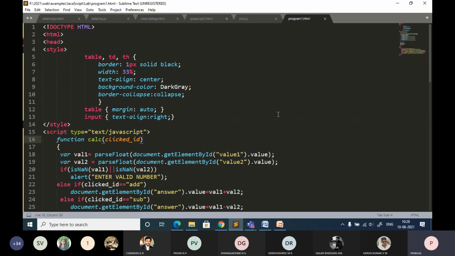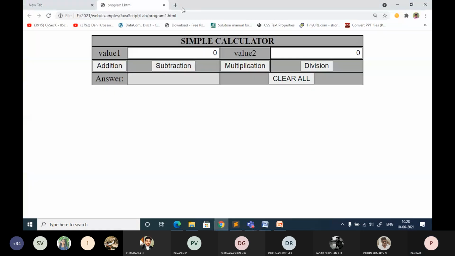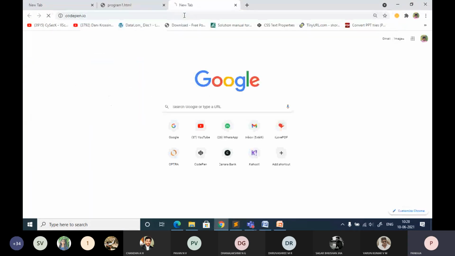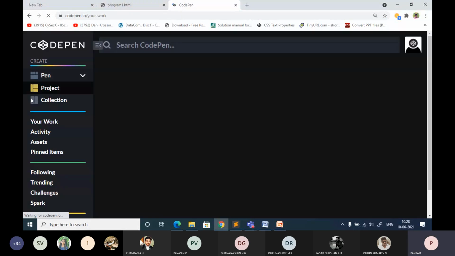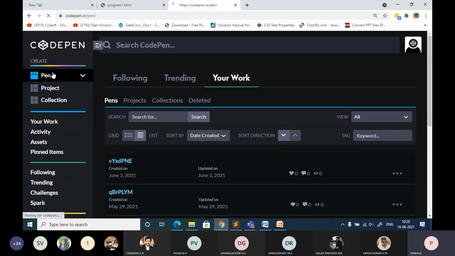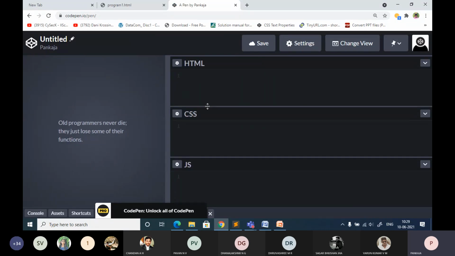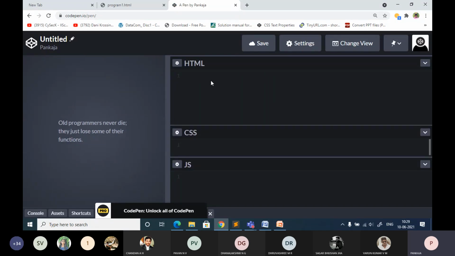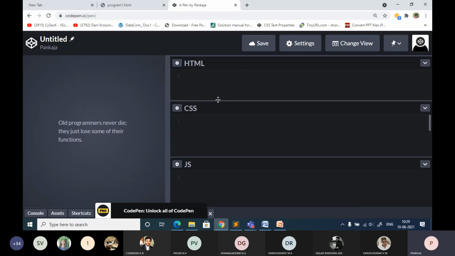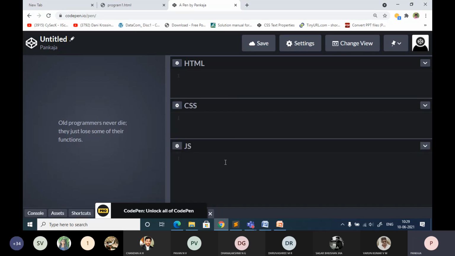And those who do not have a laptop can go with CodePen. Here you put the HTML part in the HTML tab, the CSS related things in the CSS tab, and the JavaScript function in the JS tab. Accordingly you will be able to get the output.